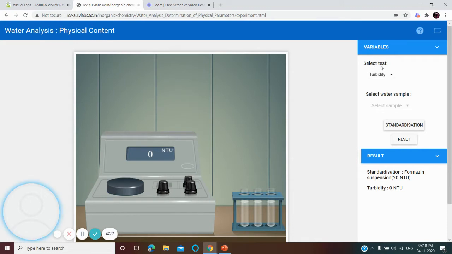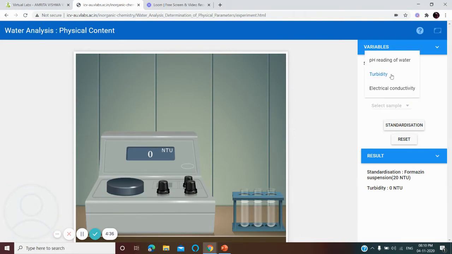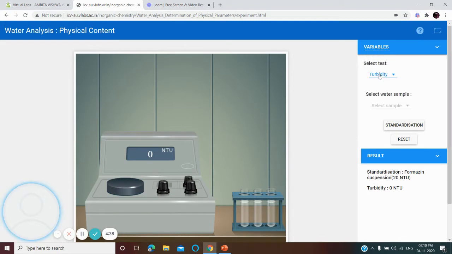First, we are going to find out the turbidity of a given sample. So here you have to select turbidity, and you have to do the standardization first. So you have to click standardization.